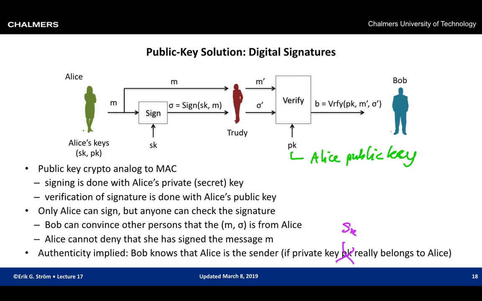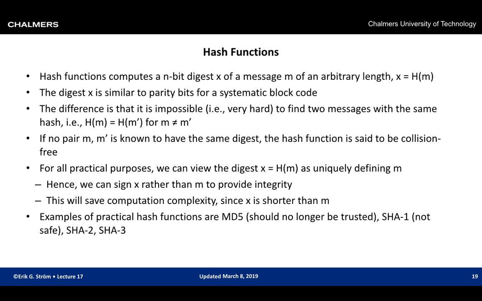Okay. So let's go on to a very useful type of function which is used here to make things more efficient, I would say. So a hash function, what is that? A hash function produces an n-bit sequence x from a message m, where m has an arbitrary length. So it's almost like a function, but not, where the input m to the hash function